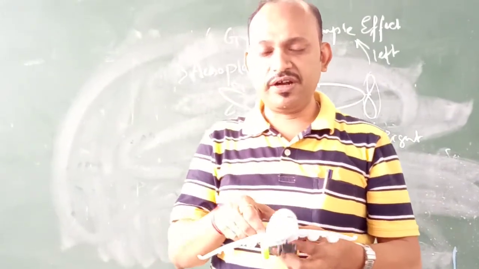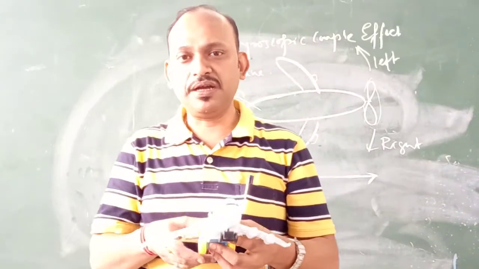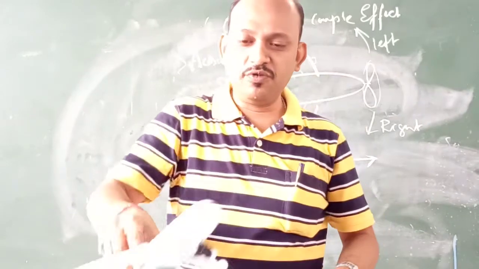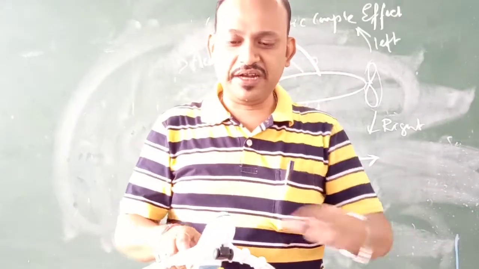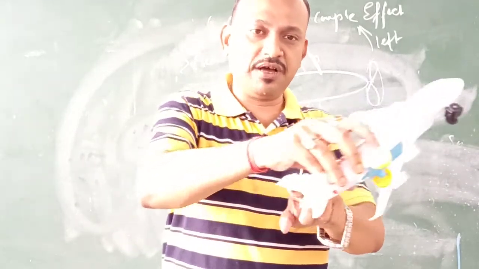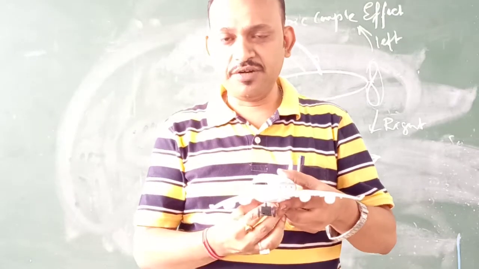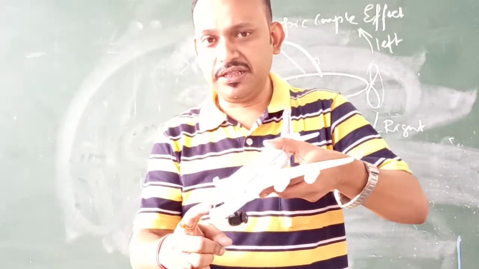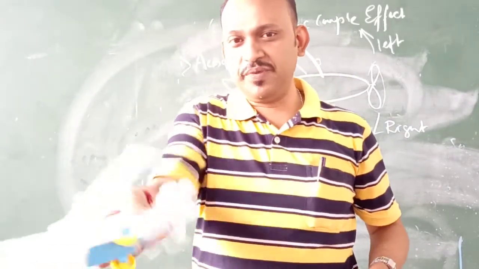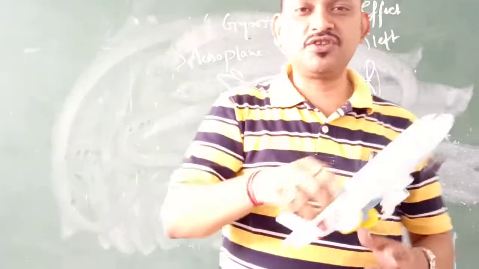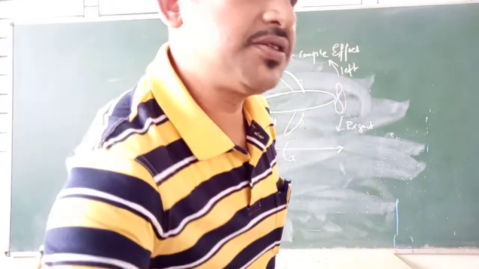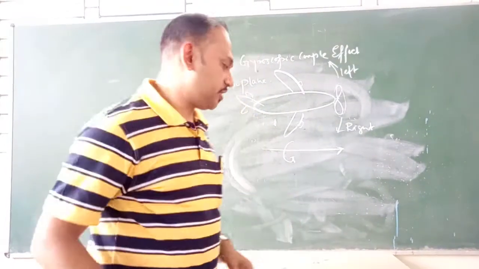So this is the beauty for aeroplane and this is the effect of gyroscopic couple acting on an aeroplane. Either it will move like this or it will move like this. Okay? In the left direction, the nose will point in the upward direction and the tail will dip down, and for the right direction movement, the nose will dip down and the tail will raise up and then it will move like this. Either this way or that way. So this is the effect of gyroscopic couple on an aeroplane. Next, we'll see the effect of gyroscopic couple on a ship.